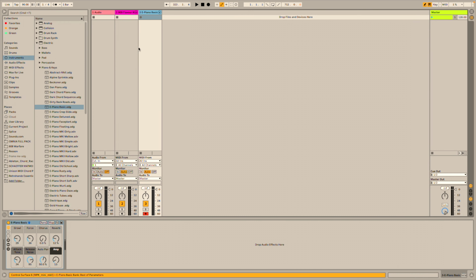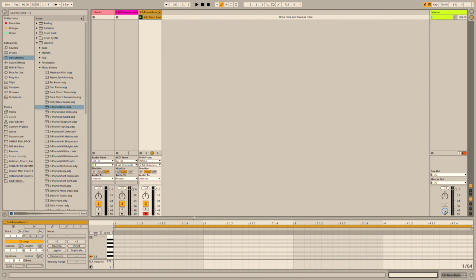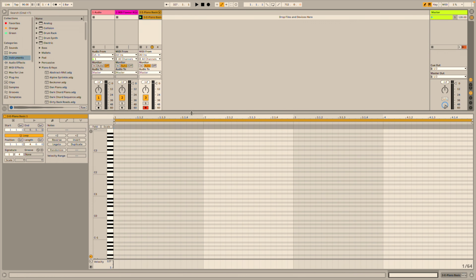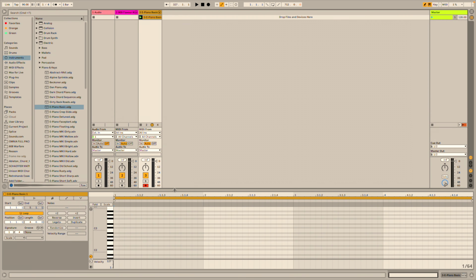Before we can start recording any MIDI, we need to figure out how we're going to manipulate that MIDI inside of the computer. And there's a couple ways to do it. One way is to use your mouse. And in order to do that, I'll have to create a blank section of MIDI. You can see by just hitting record, it added a section that I could then start writing notes in and manipulating this instrument. So I can then start drawing in some different notes for this thing to play, and it will play those. And if I hit play,